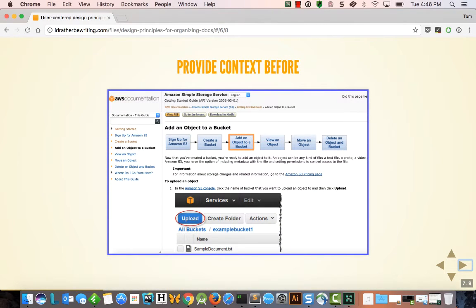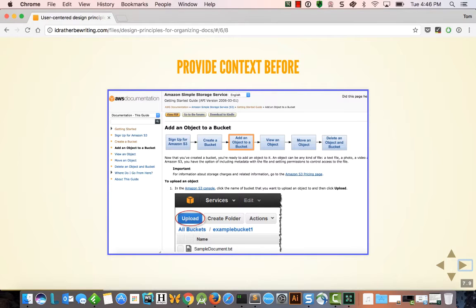Now, obviously, you can't have these monster pages. So let's say you have a sequence of 6 or 7 steps. You can build nice context at the top. Here's an example where you've got a clear workflow and you're guiding the user throughout. So even though you don't have all the steps jammed into one master long page, you've provided a way that weaves them together in a way that helps